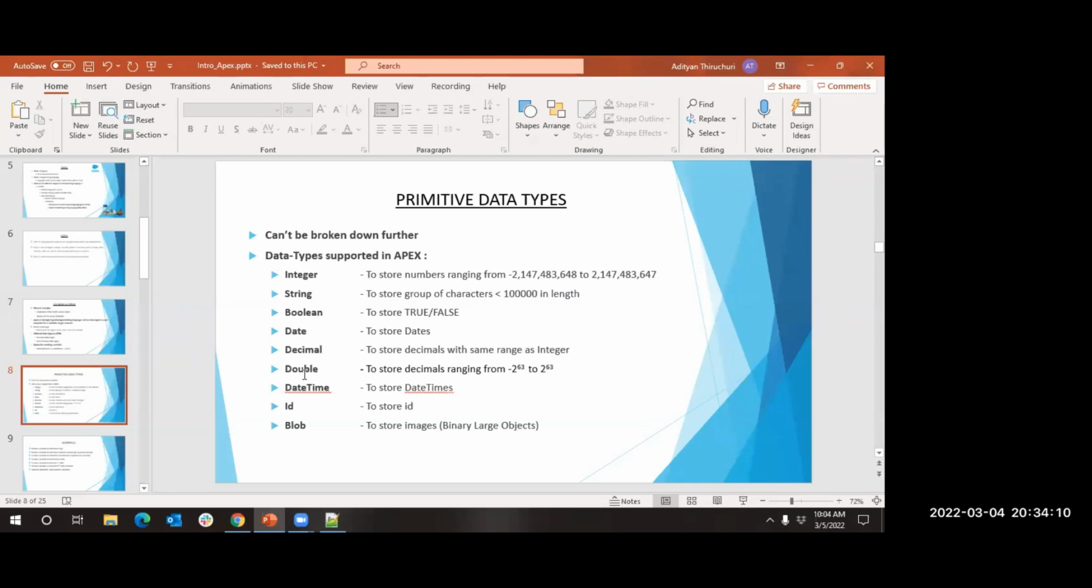Now you can ask me, if I have double, then why do I need integer and why do I need decimal? I can use double all the time. At this point, you have to understand that memory allocation also varies for each data type. Double occupies more memory space when compared with integer and decimal, because double size is minus 2 power 63 to 2 power 63, due to which you should use the corresponding data type based on the data that you're trying